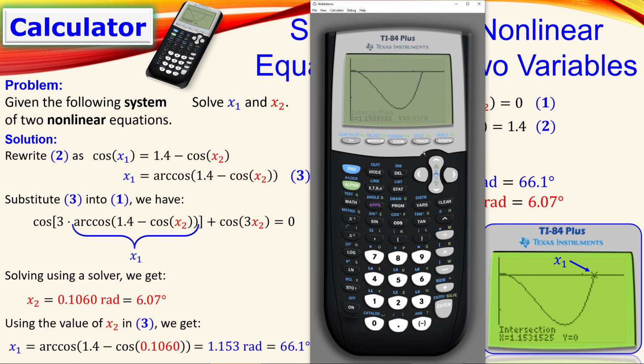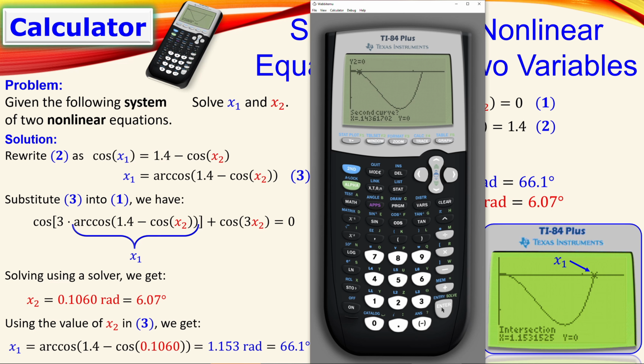The other one, you can do again the exact same procedure. So let me first go there. You click first trace and then move towards that solution, the intersection. And again the same repetition: second, calculate, so on trace, but that's first, second, and then choose the option 5. And then he's asking again the first curve, so we do enter, and it will jump automatically